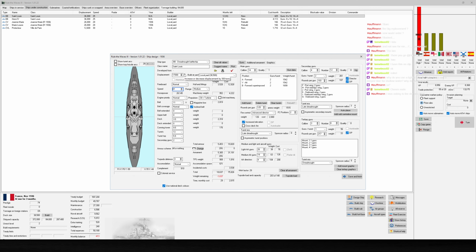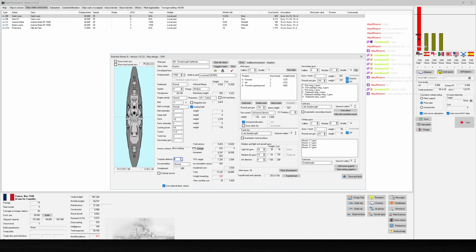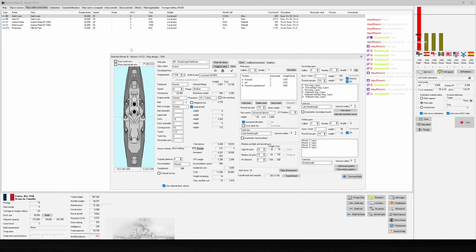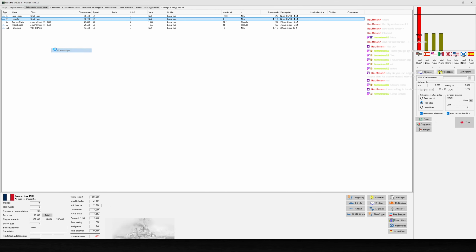Basically. See, if I can get down to that level of protection, then that does cost nearly half as much as the other ship. Promise that's not really worth it as a combatant. At that point, if I'm going to build new capital ships, then...